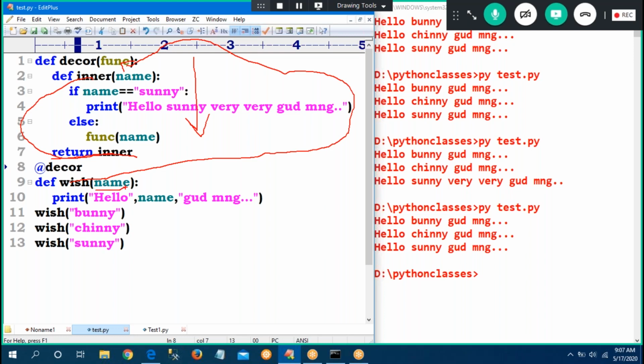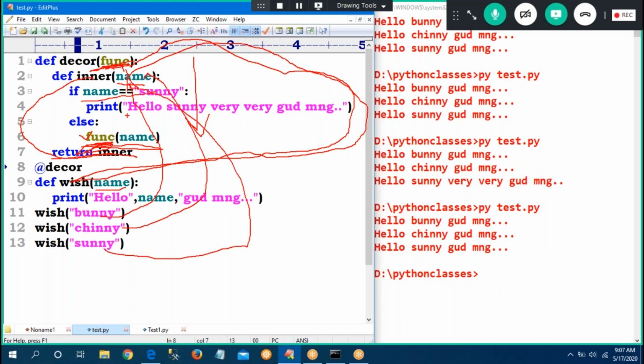Inner contains name. Now it takes the first name as the argument. Is the name Bunny? If it doesn't match, what will it execute? The function, which contains wish, because wish is passed as the argument here. So one aliasing is already provided. The function, which is wish, is executed directly. The second time, Chinny is passed to the variable, it doesn't match, so it executes the function directly. Now when Sunny comes, the condition is satisfied, and this statement is executing.